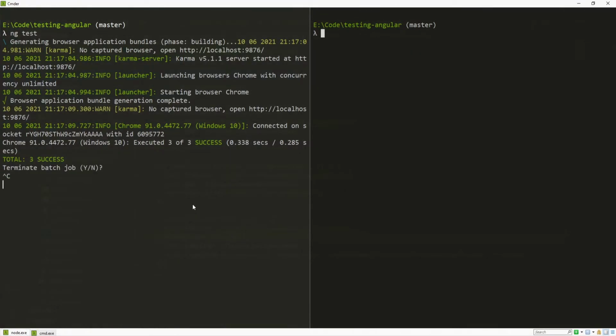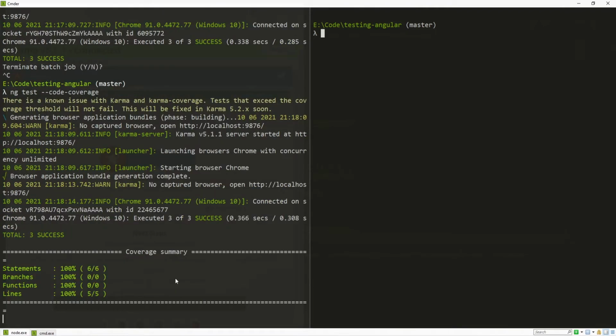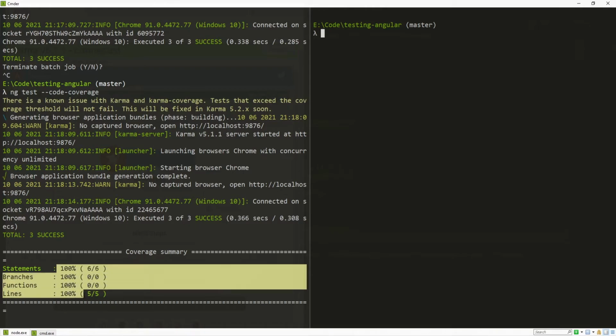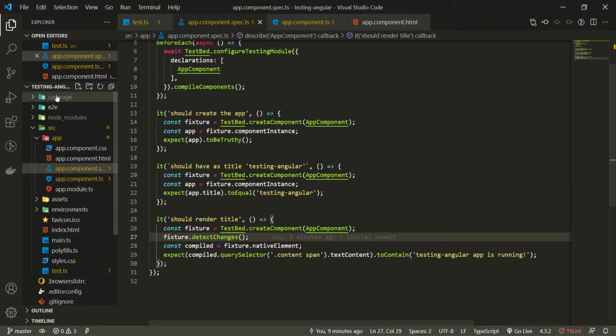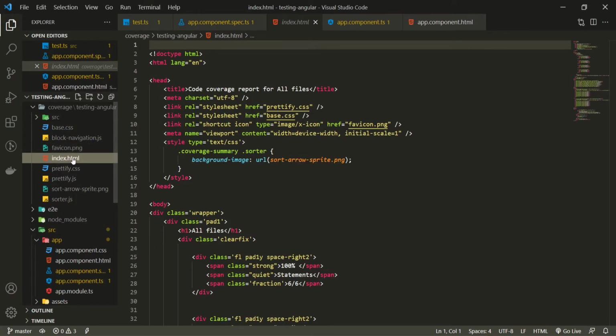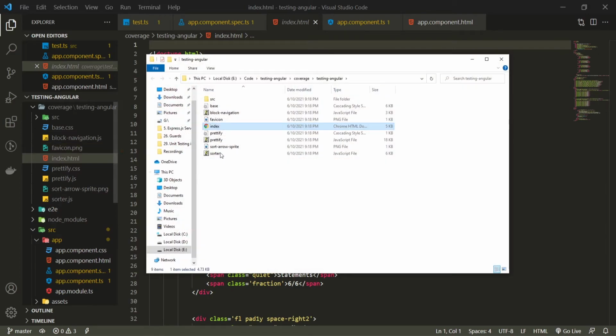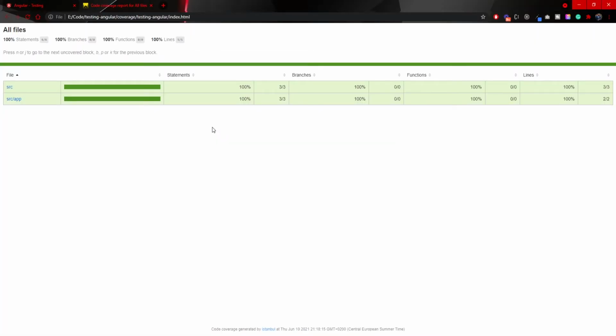Now I will close this test and I will run ng test with code coverage. This will return code coverage of our code with our tests. In our example, it is 100%. And this here will also generate a coverage folder, and there I will have an index.html file inside. I will right click on my file and I will reveal it in my file explorer. By this I could double click on my index.html and we can see the whole result with the test coverage